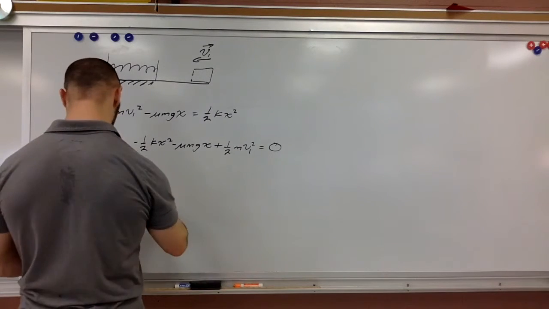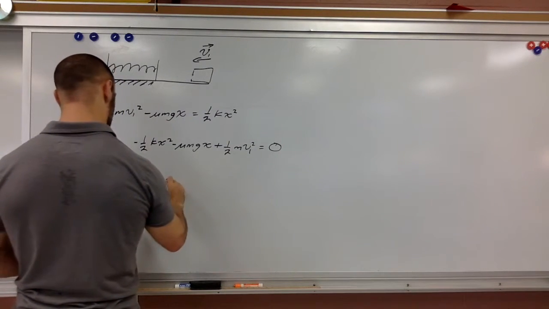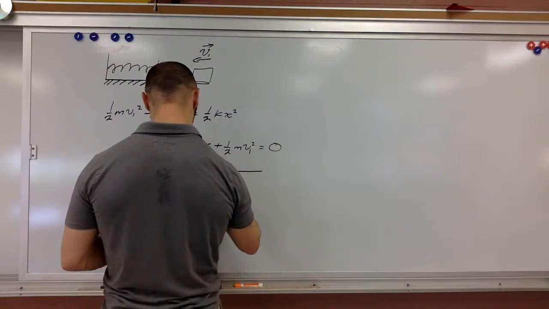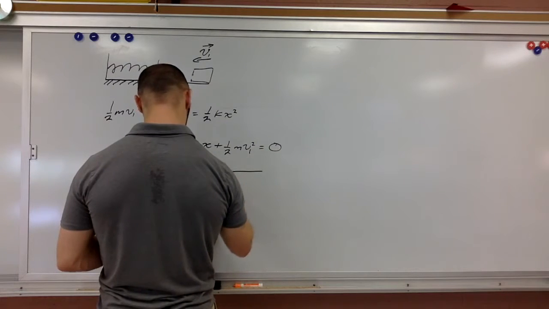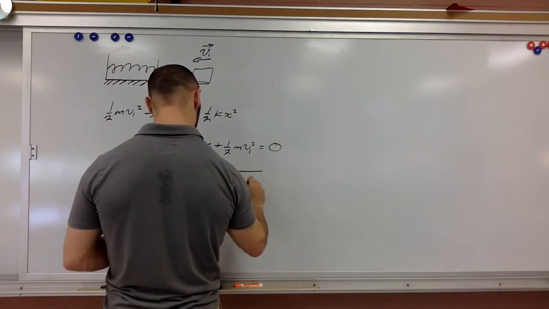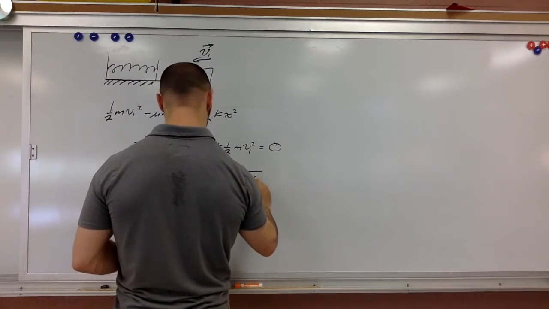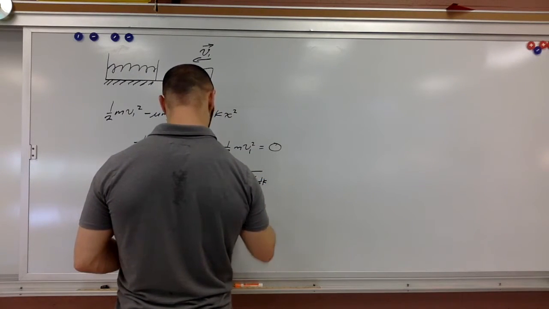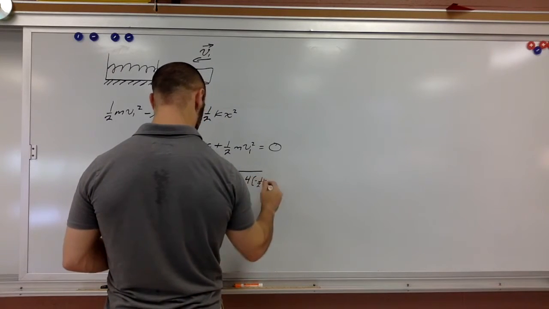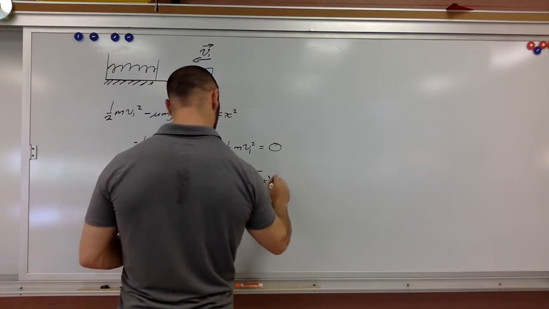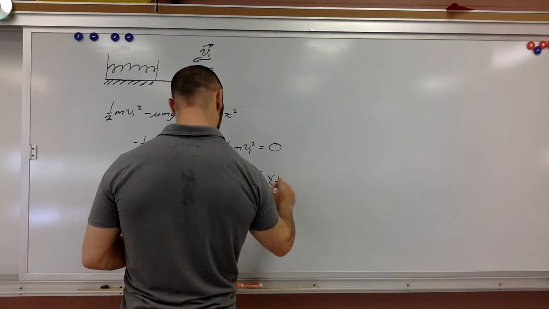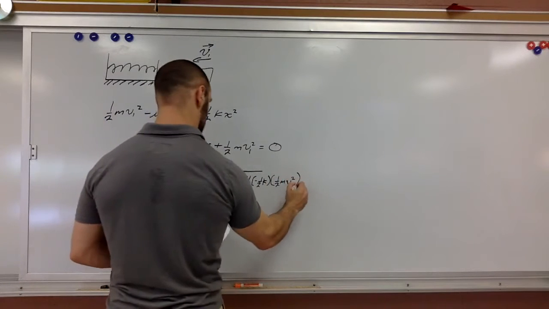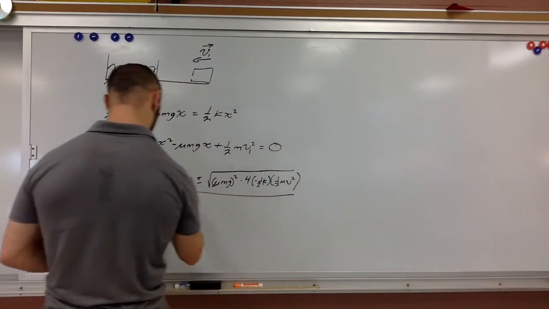And so this comes out to x equals negative mu mg plus and minus the square root of (mu mg) squared plus 4 times negative 1/2 k. This should be minus, but then it'll be plus with that. Times 1/2 mv squared. That's positive though, so I leave that. All over